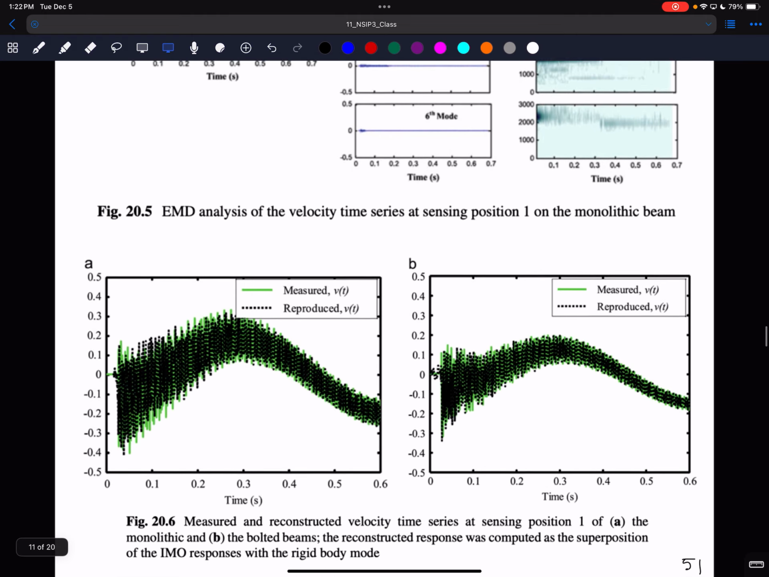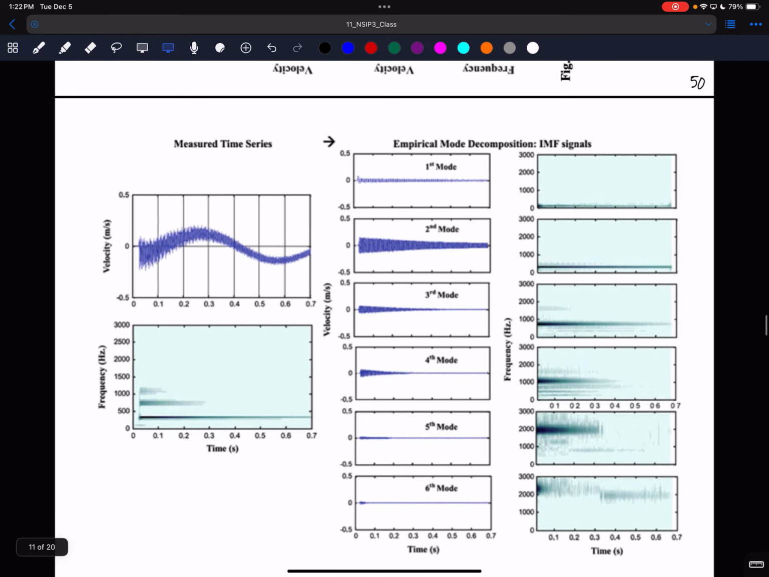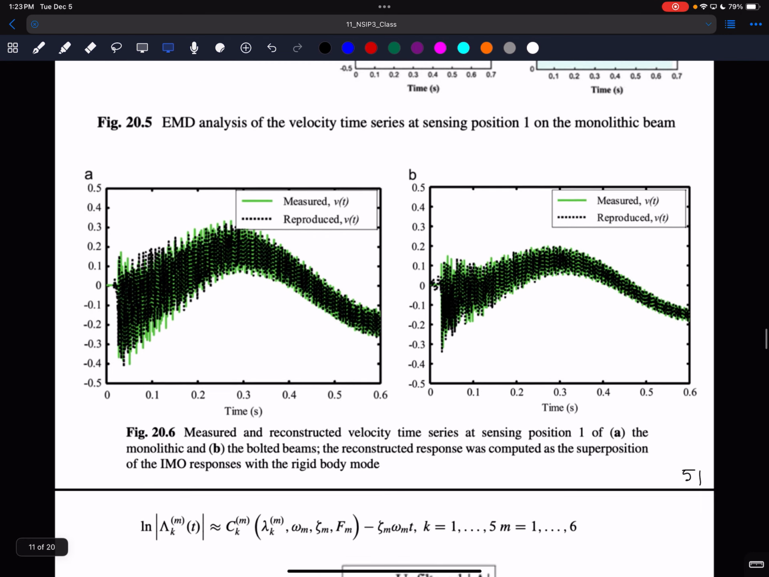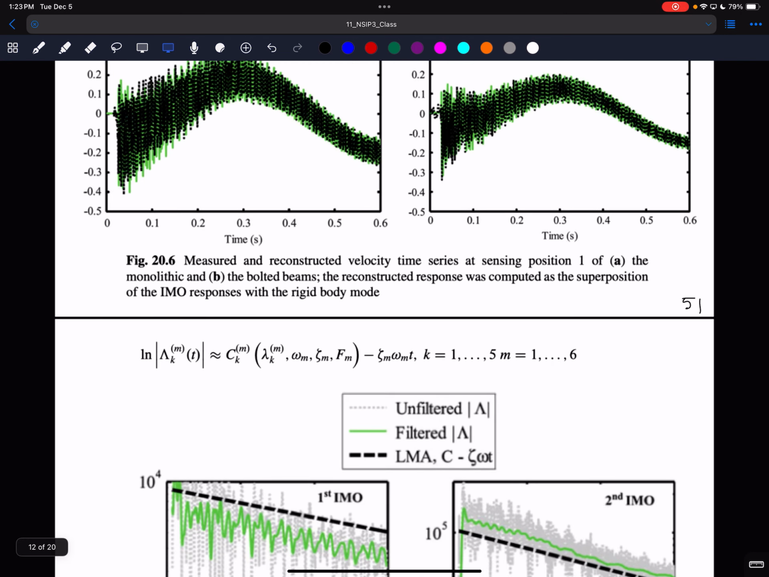So again, because of the way they're doing this, they have to choose a subset of dominant IMFs and then show that that subset can reproduce the response shown here. This is exactly what we're doing. Green is the measured, black is the summation of the IMFs that they kept in this analysis. If we move on here,